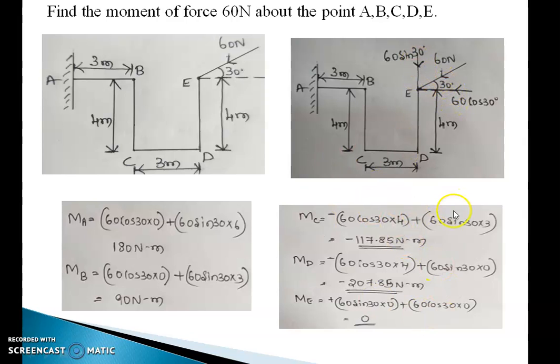From these, it is very clear that the moment of a force about the particular point where the force starts is equal to 0. To calculate moment, if the force is vertical, take the perpendicular horizontal difference between the moment center and the line of action of the force. And if the force is horizontal, take the perpendicular vertical difference between the moment center and the line of action of the force. Okay, thank you.